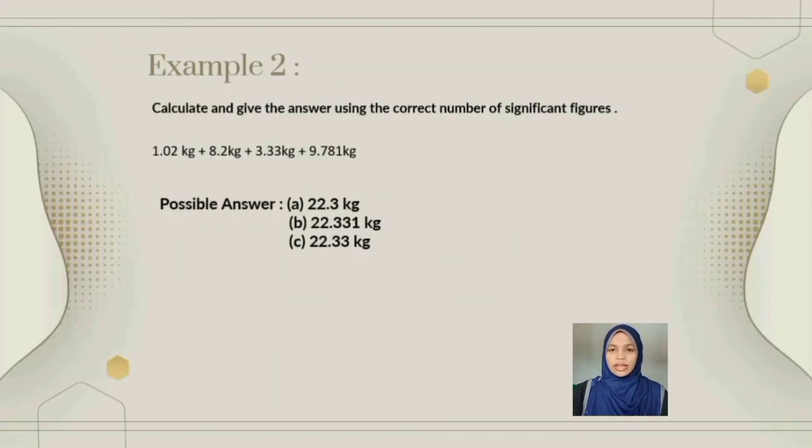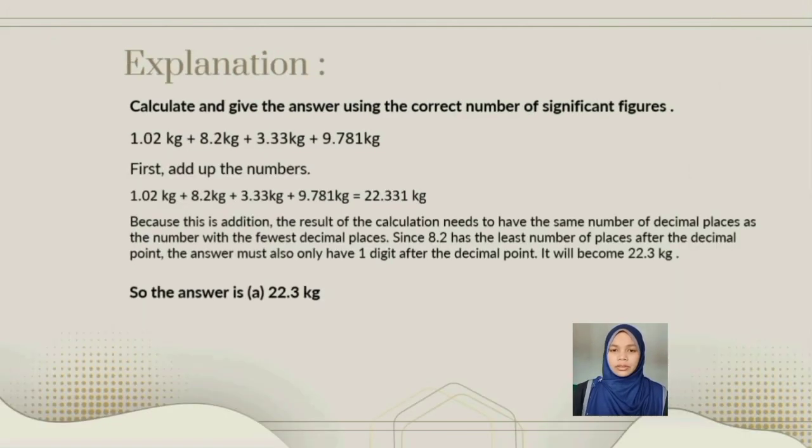So we move to the second example. Calculate and give the answer using the correct number of significant figures for the decimal places. This is a question about decimal places. Here are possible answers A, B or C. Let's look at the explanation. First, add up all the numbers: 1.02 kilograms plus 8.2 kilograms plus 3.33 kilograms and 9.781 kilograms. So we get the answer